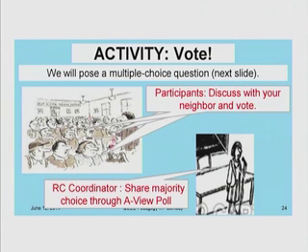So what you need to do as participants, in fact right away, you need to discuss with a neighbor. And then you need to vote in your own class by raising your fingers, 1, 2, 3, 4, 5, whichever you think is the right answer. So discuss with your neighbor, converge on an answer with your neighbor. If you and your neighbor have different choices, keep talking till you converge. And once you converge, you can raise your fingers and you can in fact tell the coordinator what your choice